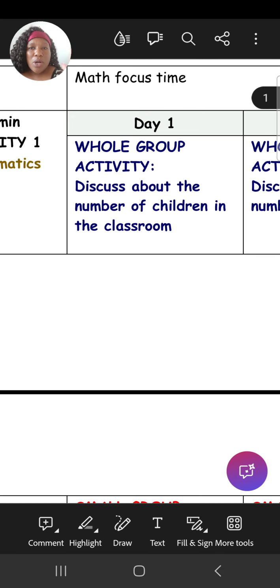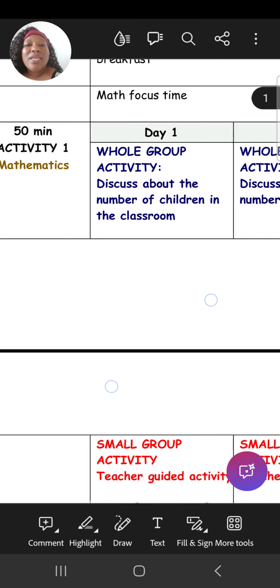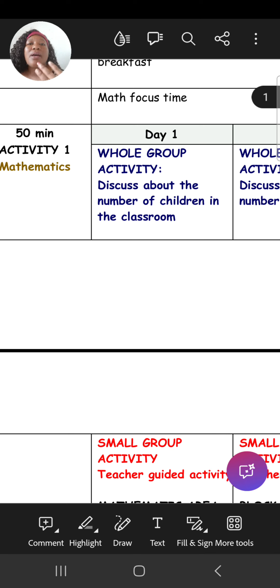Go around, and when you're counting the kids, you must point at them so that they know, okay, one. Don't just say 1, 2, 3, 4. Rote counting doesn't help them. You need to count while touching what you're counting, so that they'll understand. Then 1, 2, 3, 4, 5. We have 19 kids in our class. We are done. Now you can go further and count some other things, because now it's time for us to count.